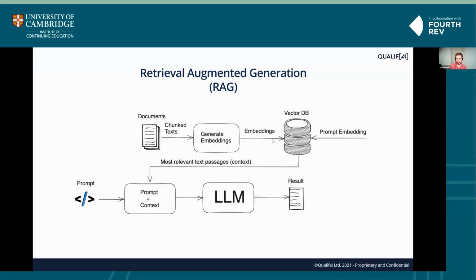And then you'd store those embeddings in a vector database. So there are many vector databases available, such as Pinecone, Weaviate, Milvus that have come out recently. There's also, I think, something within, if any of you work with Postgres, which is a more common SQL database, called PG Vector. So you don't always need a specific vector database if you want to do retrieval augmented generation. So that's another approach.